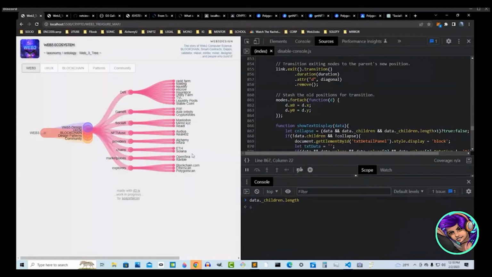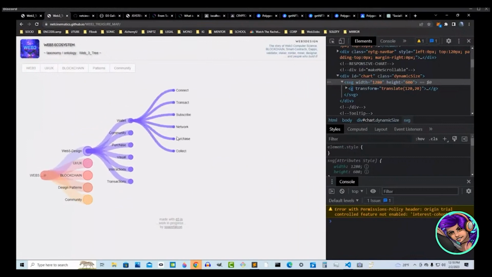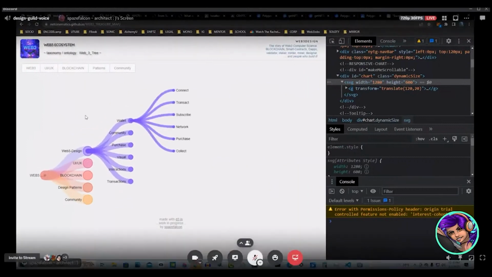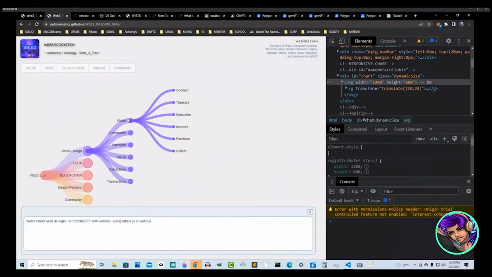Excuse me, Space. You changed many things, no? On the tree. Because I forked it a few days ago, and now I just opened it in my Visual Code, and I think many things are not the same. You changed many things? Yes, very good. That's actually a great segue. So the wallet is new? Yes. I'm a little bit lost